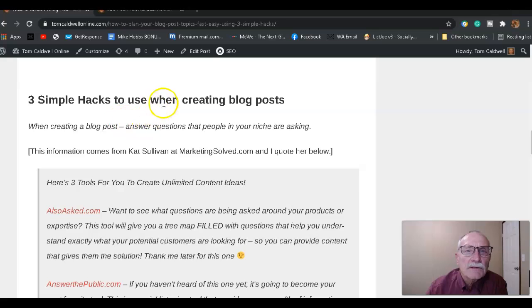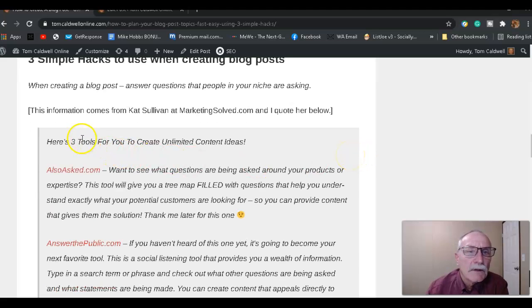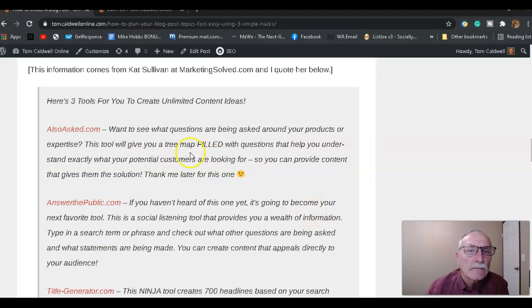3 simple hacks to use when creating a blog post. When creating a blog post, answer questions that people in your niche are asking. The following 3 hacks are information that comes from Kat Sullivan at marketingsolved.com, and I quote her here below. Here are 3 tools for you to create unlimited content ideas. A website called